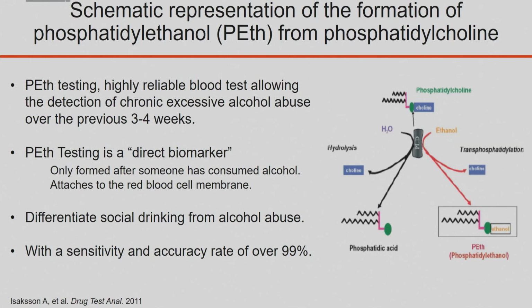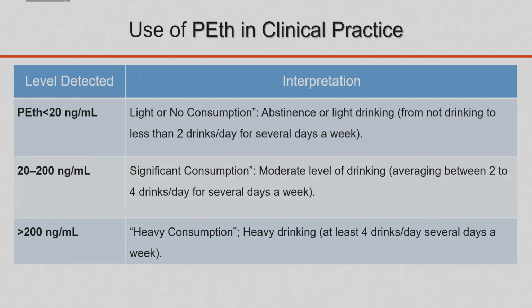No. The biggest paper I find reported 9 false positives, but they said in reality, when you take histories and look at other ancillary tests for alcohol consumption, there's really no false positive test. And the beauty of this is that it can detect excess alcohol consumption over the previous 3 to 4 weeks. So if someone says, I went to a big party New Year's Eve, and on March 7th the PEth is still positive, the patient was probably drinking recently. Generally, the PEth test by 3 or 4 weeks is close to zero, at undetectable levels.